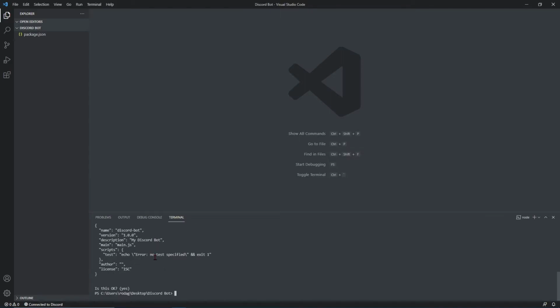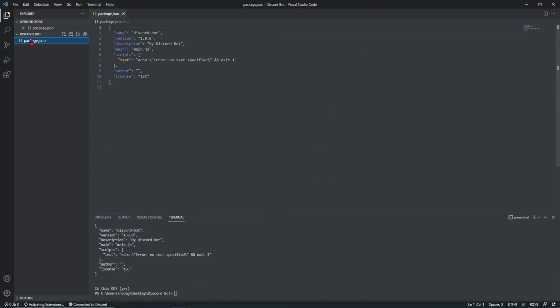Then yes, you're going to click OK. There's going to be something new popping up in here, and you're going to see the description, my Discord bot. It's pretty much exactly what we typed out. So after that, we're going to move on and type the following: